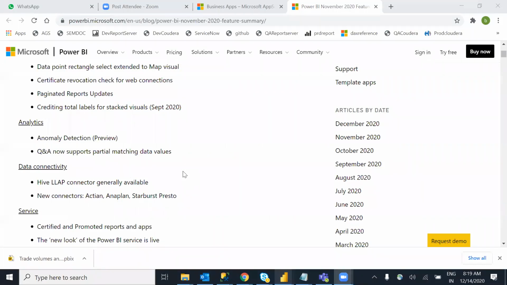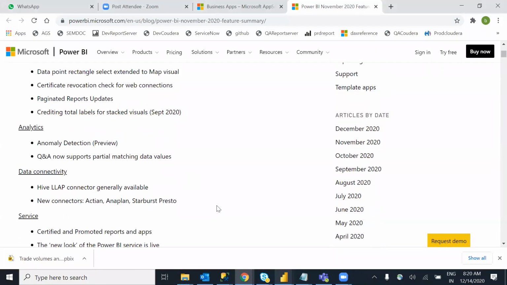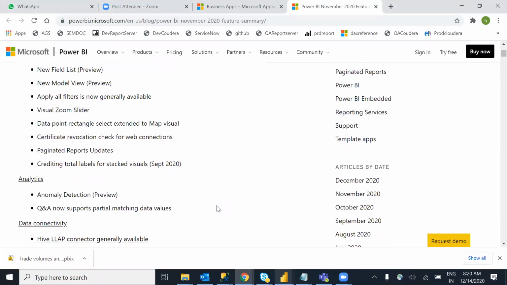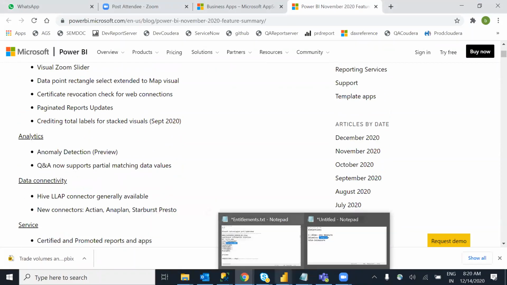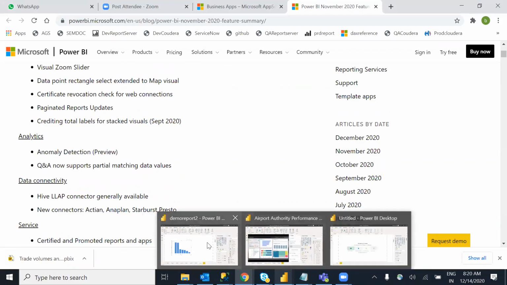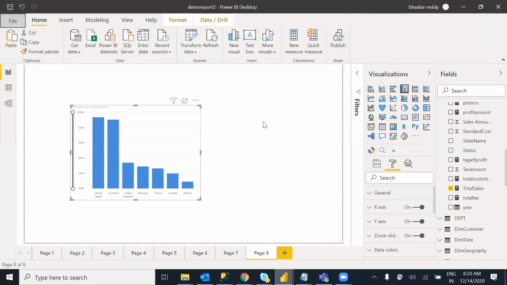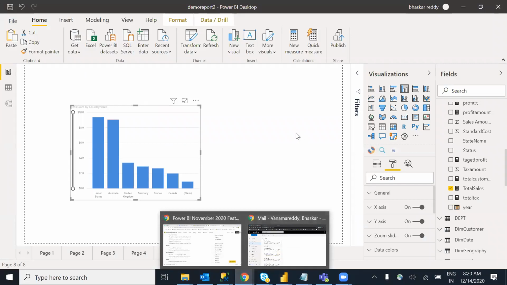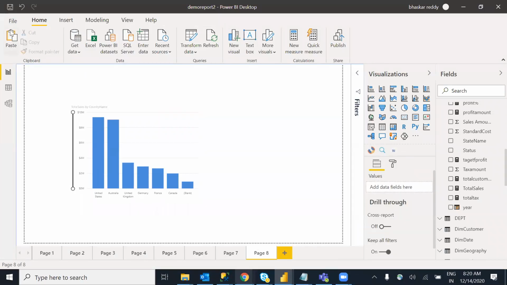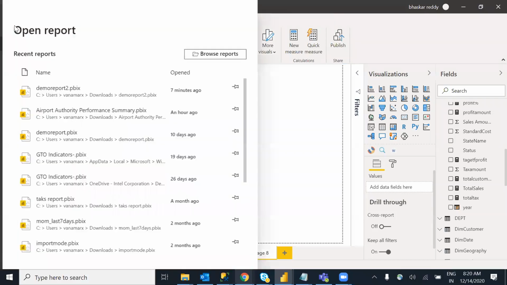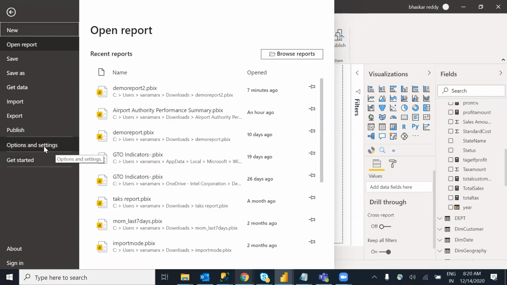Power BI Desktop is free licensing, so at any point of time you can upgrade your version. That's not a problem. Every month we have new releases with new features. Sometimes they may ask what new feature has come recently. You can check from here, and one or two points are enough. They add many properties, and not all are useful, but mention at least one or two.